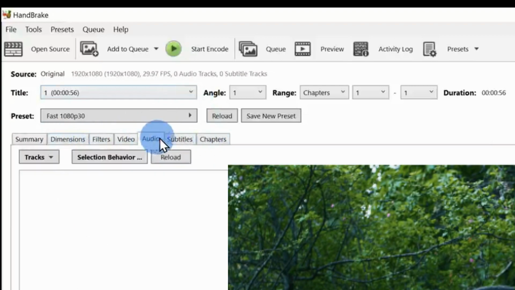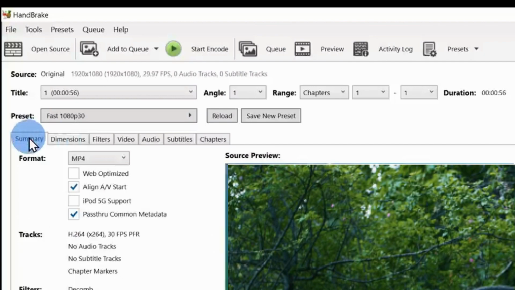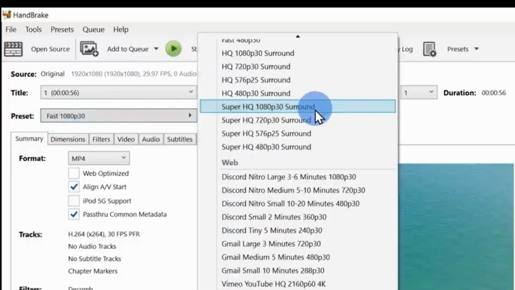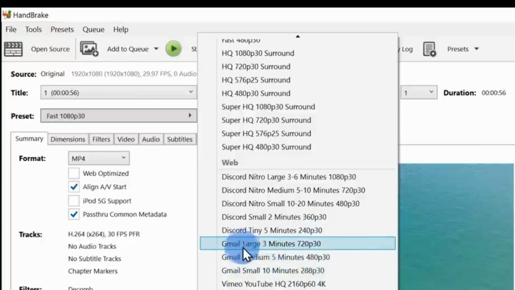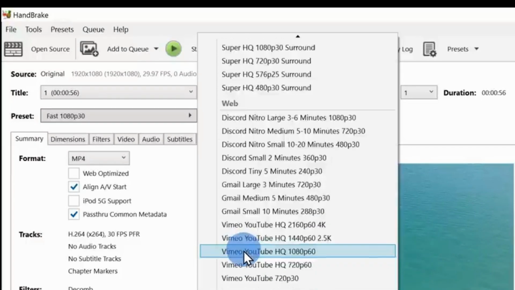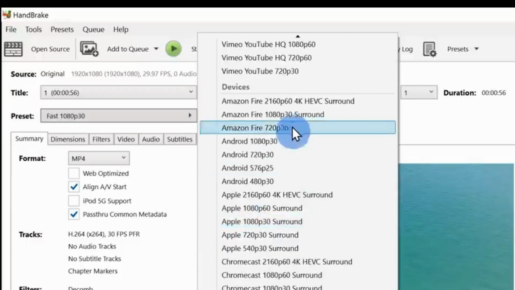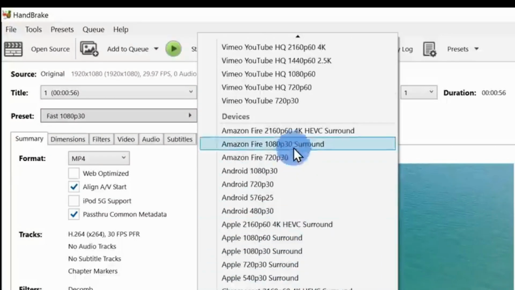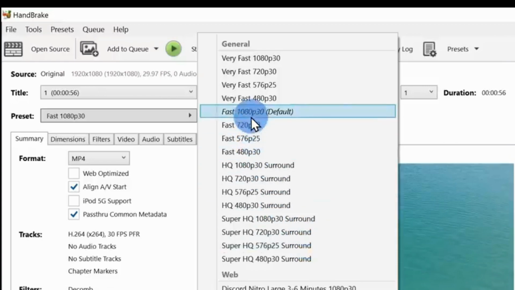and we can use these to reduce the video file size, but there are a lot of settings and it might feel a bit daunting if you do not want to mess with any of these. You can also use some presets that come with Handbrake. Let's say that you really want to email this video as an attachment. Here I can click through these presets and there's an option for that, and it will ensure that my video file is less than 25 megabytes. Or let's say I really want to watch this video on my tablet. There's a setting for that will reduce the size but will ensure quality for that device. If you go with one of these presets, you're pretty much done for now. I am going to go forward with the default 1080p fast,